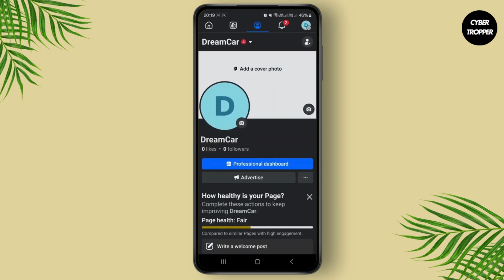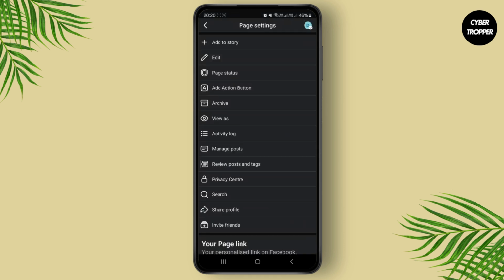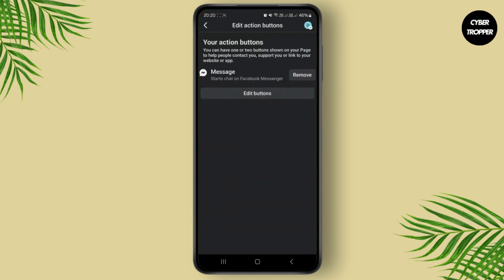And once you're inside your Facebook page, simply click on your profile section and you will be redirected to this page where you can see the three dot icon. Simply click on it, and from over here you can see the add action button. So just click on it, and as you can see I have only added my Messenger where my clients can